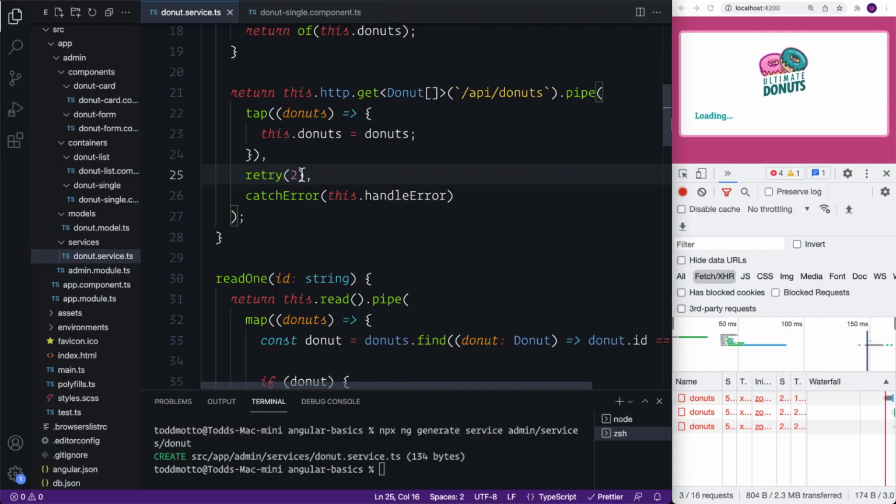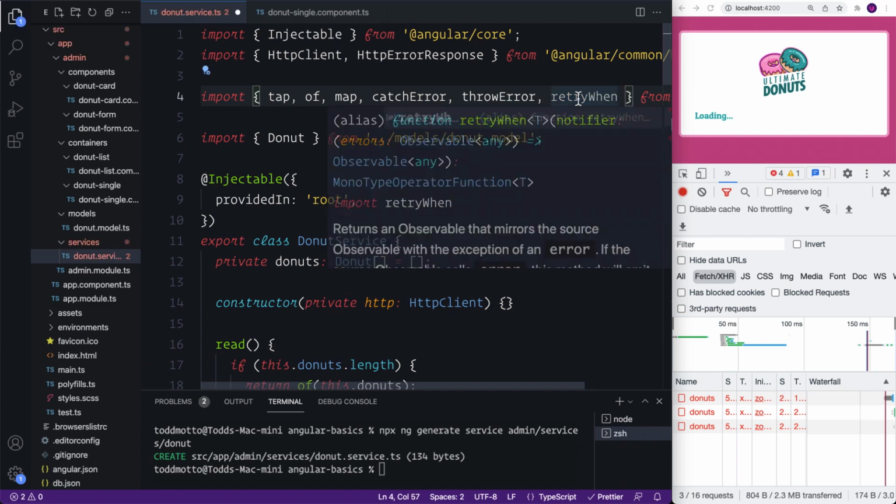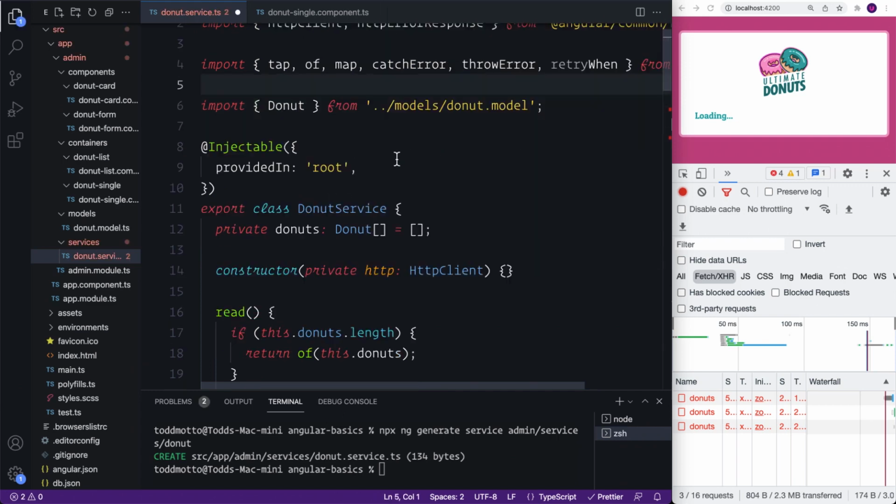So we're at the stage where we have our retry fully working. However, it might be nice to actually wait a few moments, wouldn't it? Because retrying instantly may fix our issue. However, we might have to wait a few moments, so we can introduce this concept of a delay. So instead of using our retry, we're going to go up to the top and we're going to swap our operator for retry when. So if we jump back down,